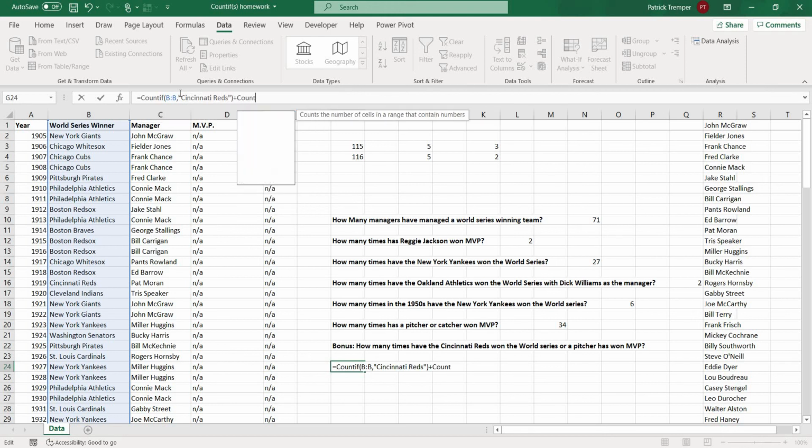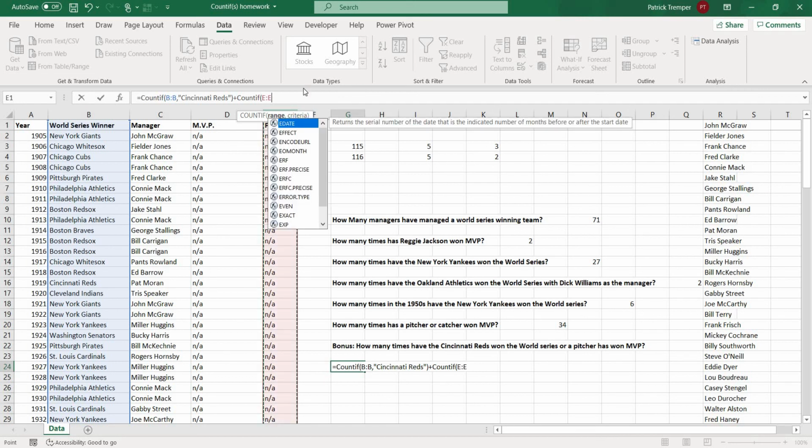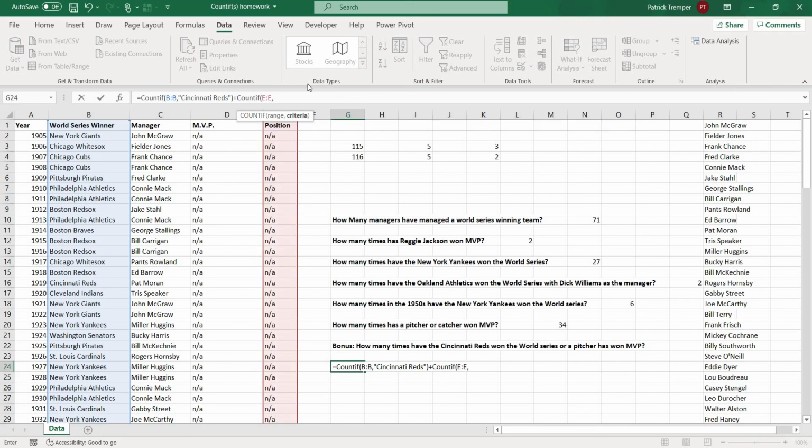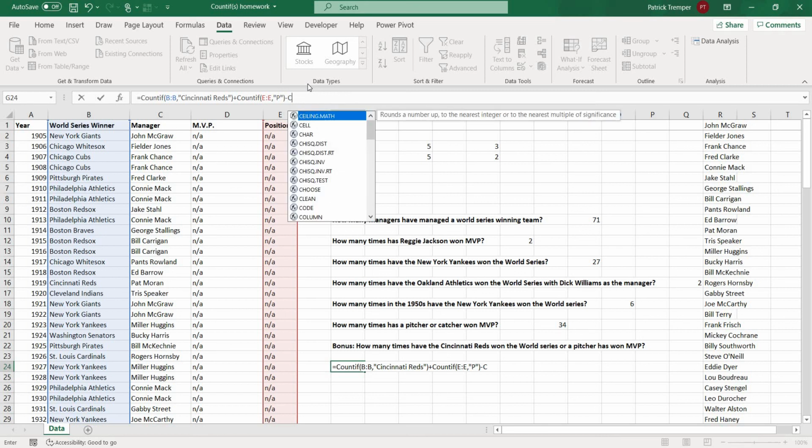And then we're going to look inside column E such that a pitcher has won the MVP. And then note that it is possible that both the Cincinnati Reds have won the World Series and a pitcher has won MVP. So in that case, we'd be adding it twice. So we're going to subtract them